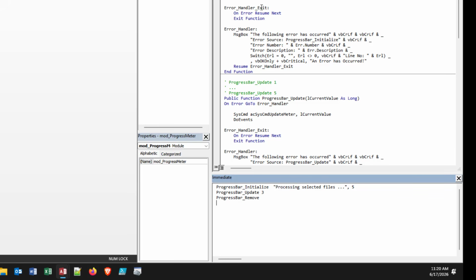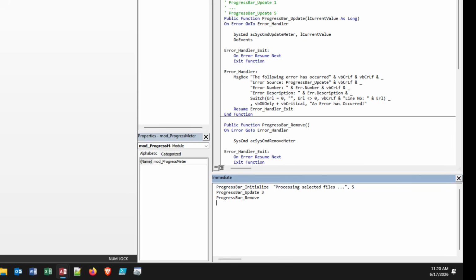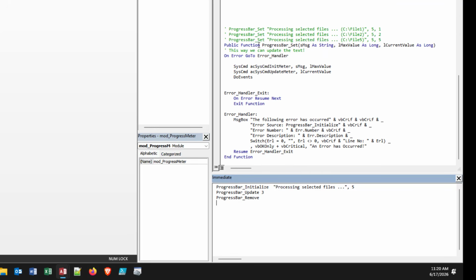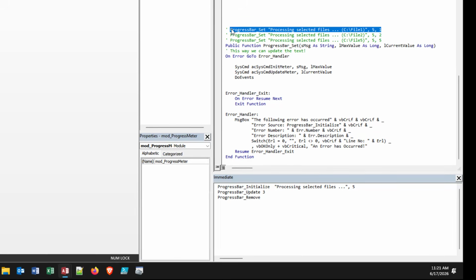Well, it's not the most ideal solution, but it is the only solution. We have to come to this function where we set an update at the exact same time. Basically we keep resetting the progress bar and updating its progress at the same time. So we're going to reinitialize and update in the exact same command over and over and over, and it's the only way that we can achieve updating the text. So if I give an example here,